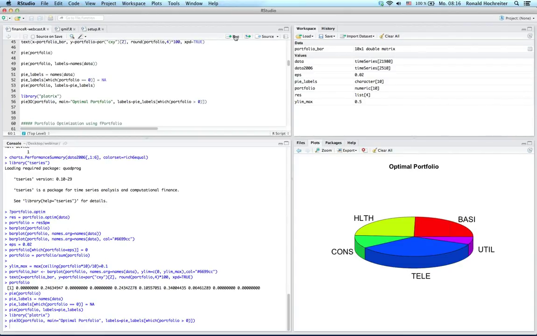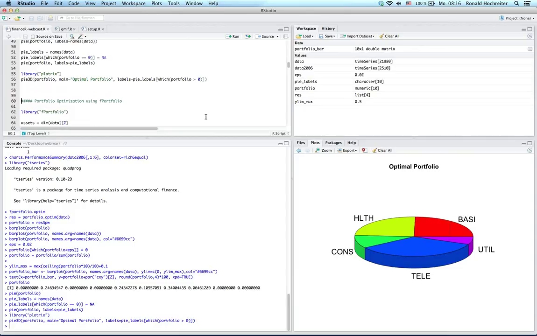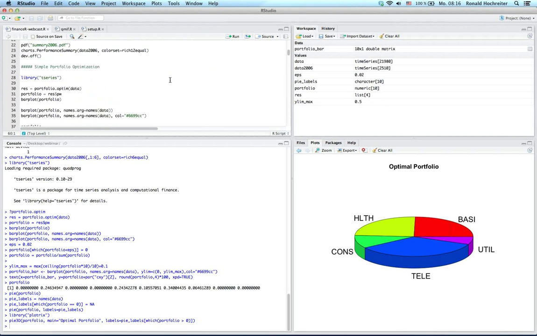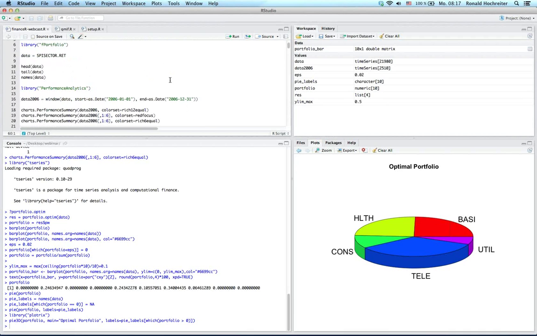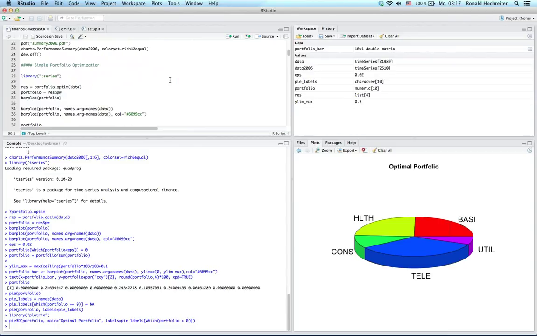But even if you don't like the looks of this pie chart, I'm pretty sure that you will find some package which provides even more beautiful ways to plot your results. This is the main thing about R: by issuing just a few commands, we already did what you would